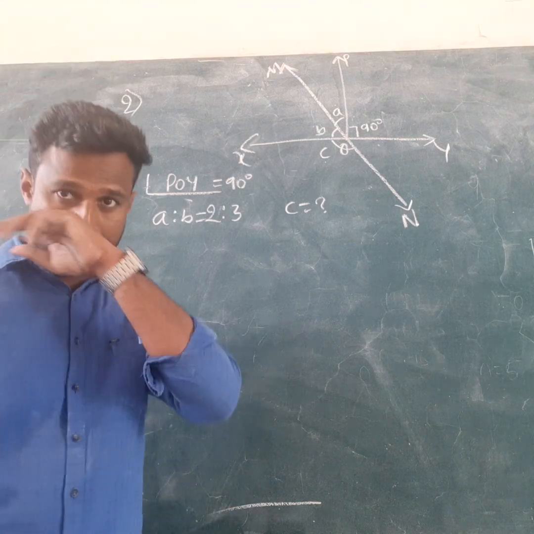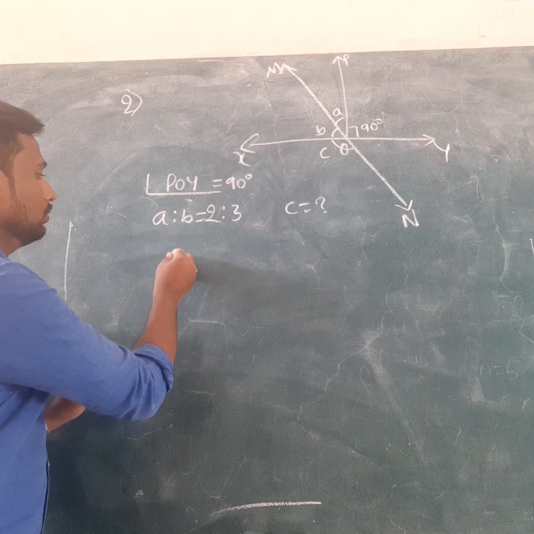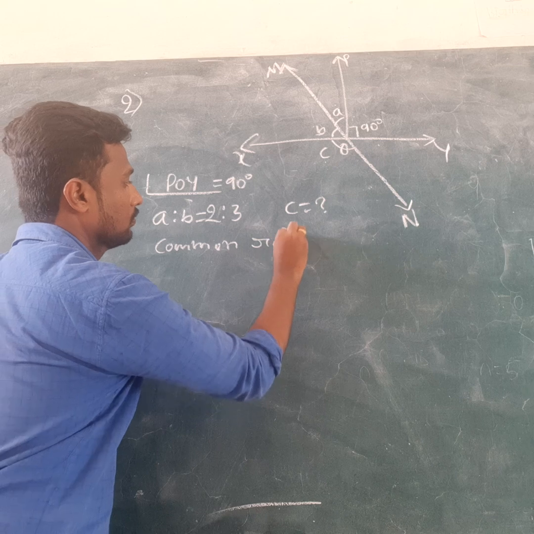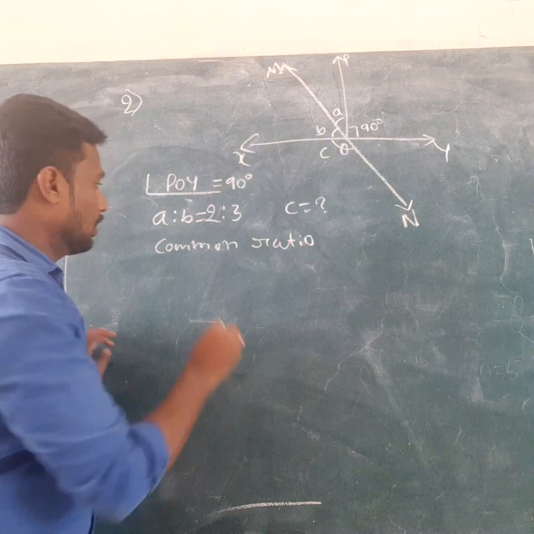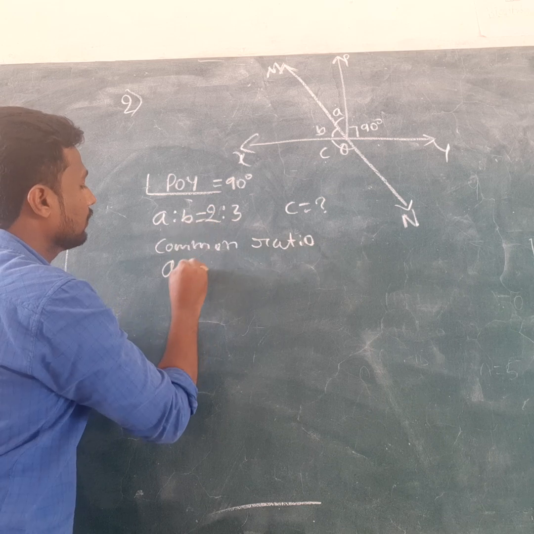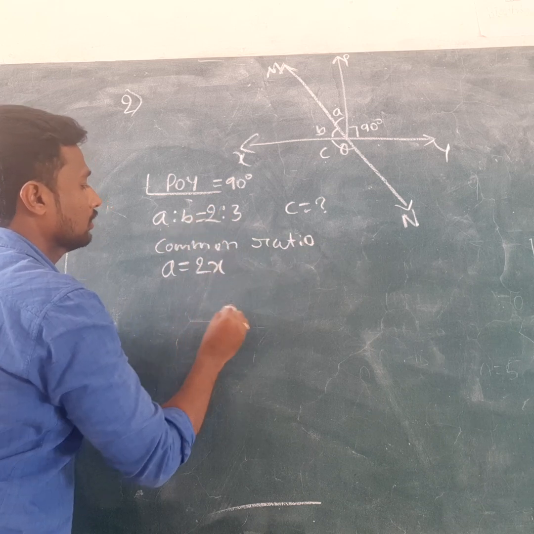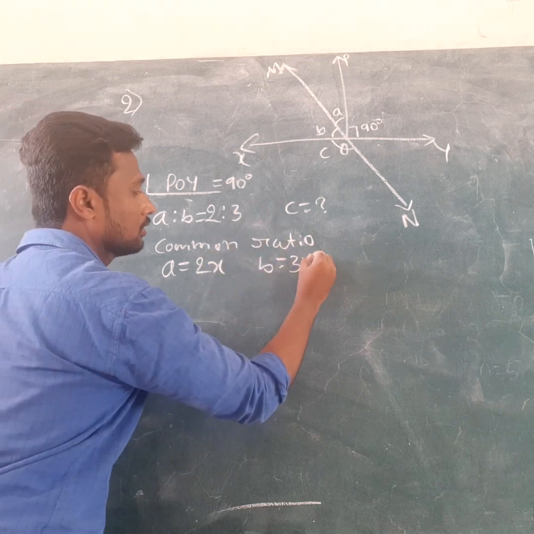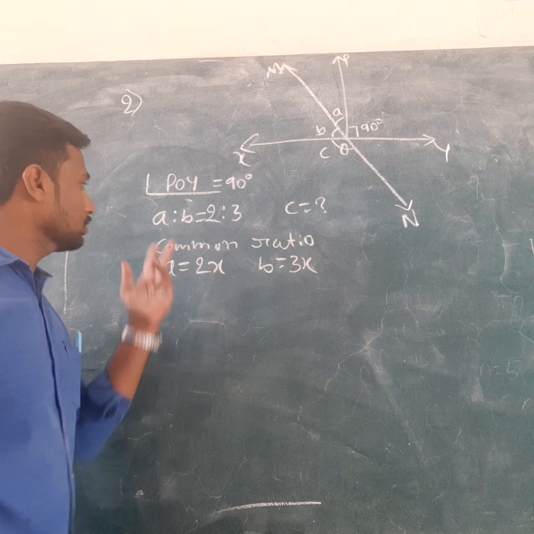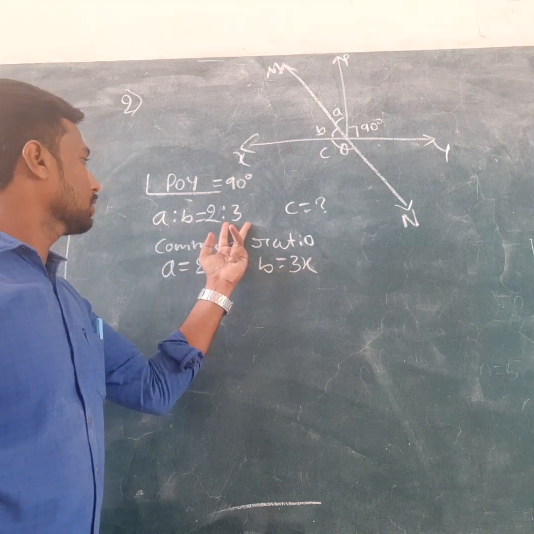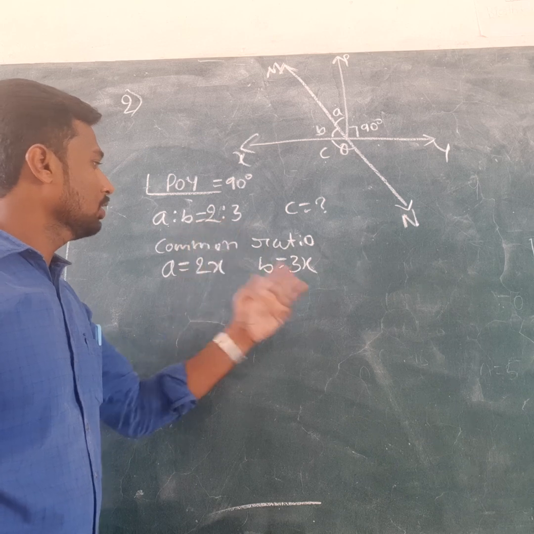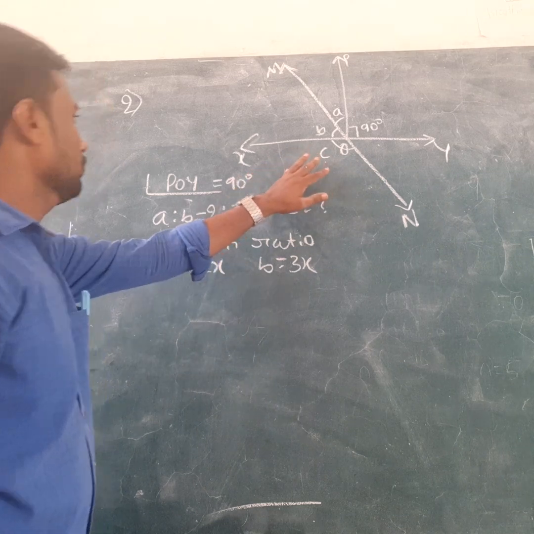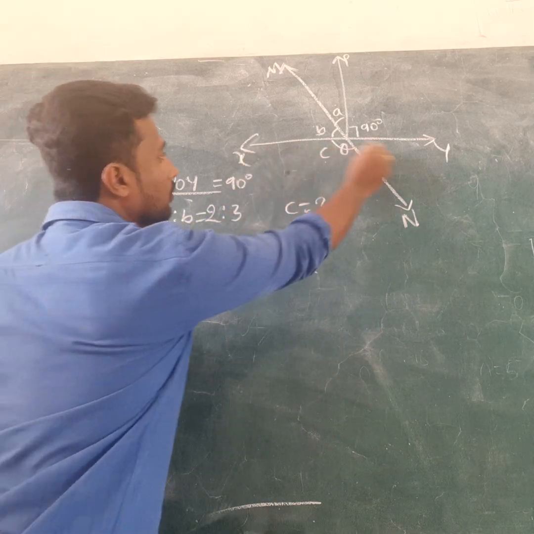Now, the common ratio I will consider as: A is equal to 2x and B is equal to 3x. Okay, because they have given A is to B is equal to 2 is to 3, so A is equal to 2x, B is equal to 3x. And here in this problem, XY